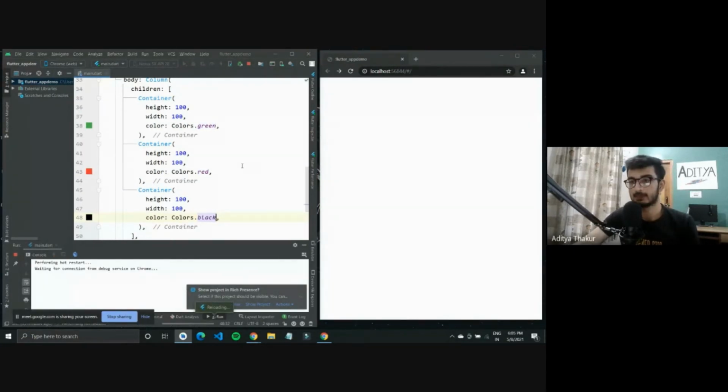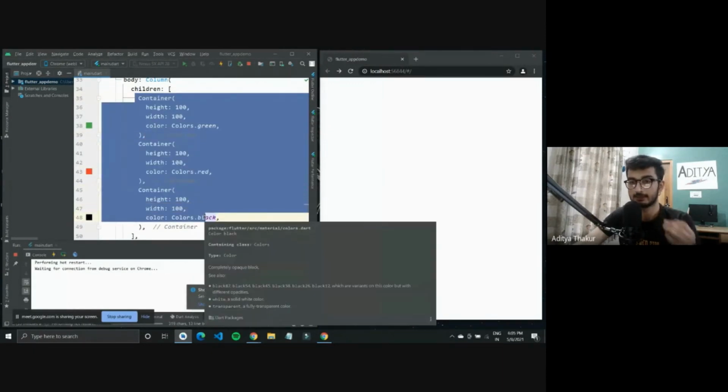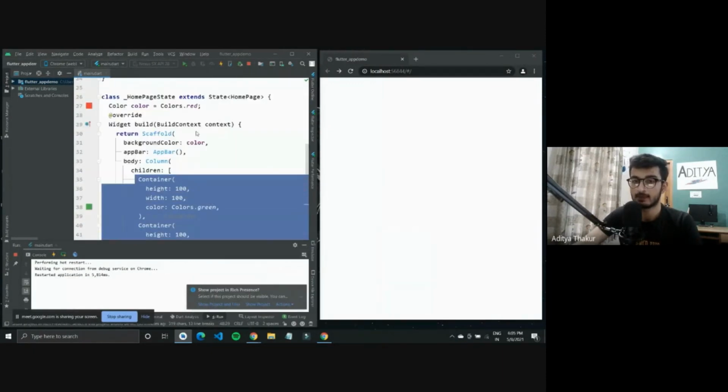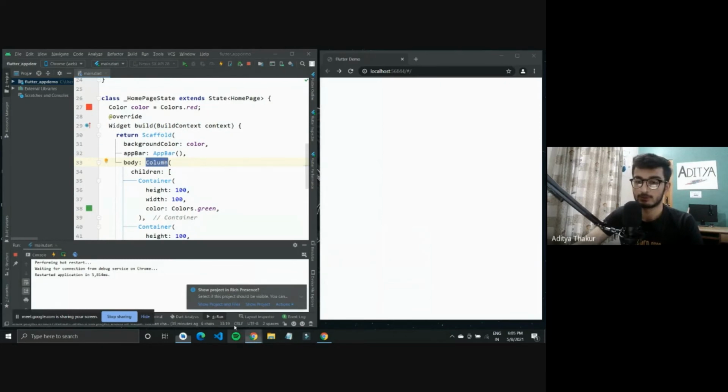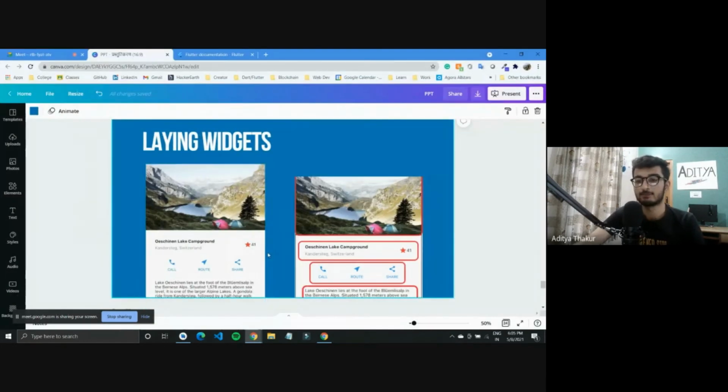So these are the different containers which are aligned vertically right now, and this can be done with the help of column. So in the same image, you can see if you have to align everything vertically, first you'll have the image, then you'll have the text, then all these buttons.